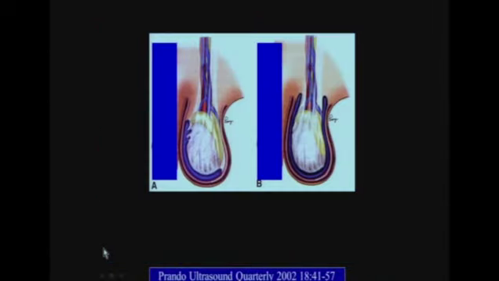In an Ultrasound Quarterly article of 2002, Prando discussed testicular torsion. One of the things he stated was that some individuals are more prone to torsion than others. And this is because some people have a tunica vaginalis that